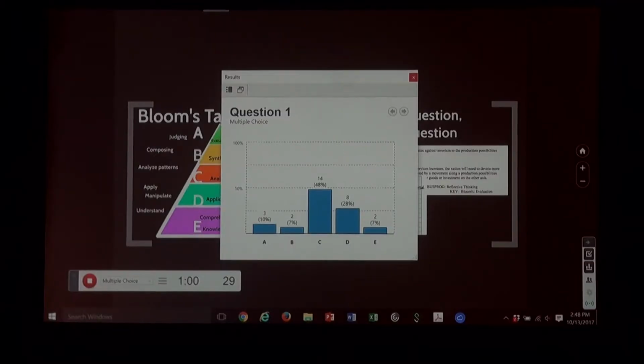Let's see what the audience says. Okay, most people are putting that around C. It's interesting, only 2 people put that at E, still climbing. All right, that's probably where I would have stuck it. It's obviously not the lowest level. I wouldn't put it at the highest level. I'm going to move forward.